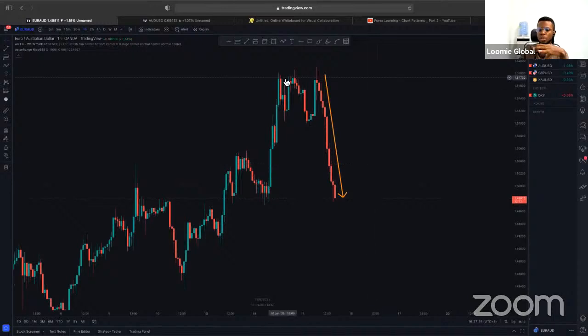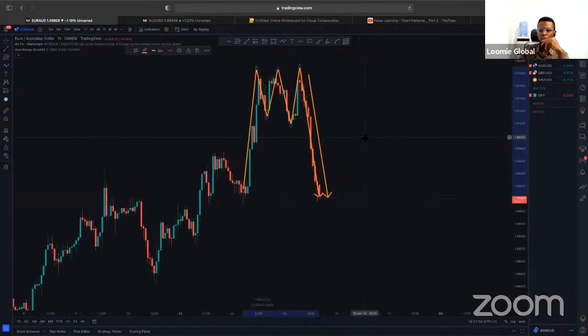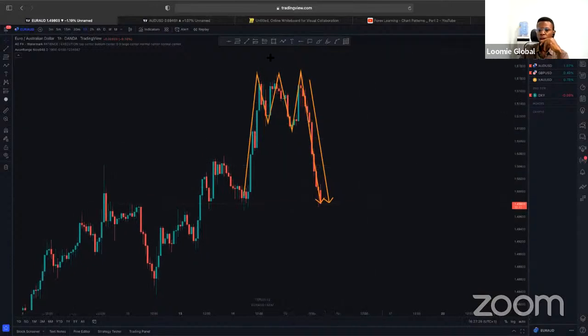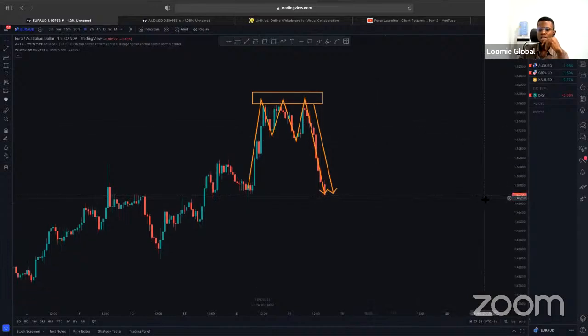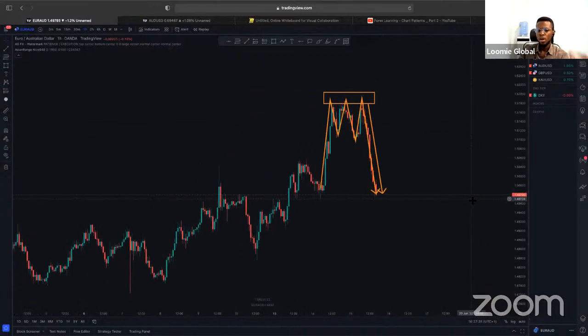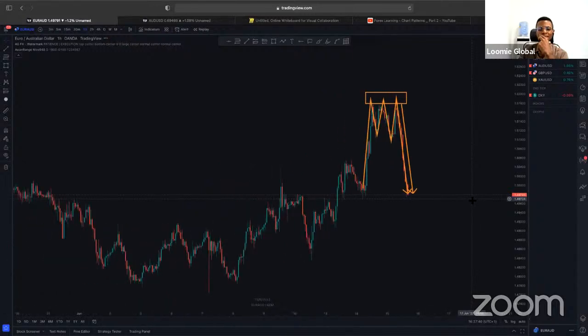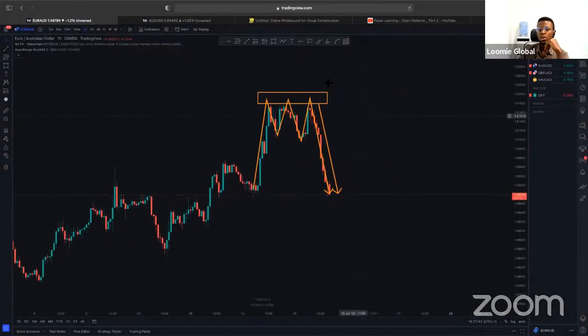And what else can you see for me right here? I can see a clear triple top formation right here. And look at that massive push to the downside. Triple top formation right up there, and we have that massive push to the downside. So we'll keep seeing stuff like this happen over and over again in the markets, right? But I'm glad we're able to study currency pair correlation.